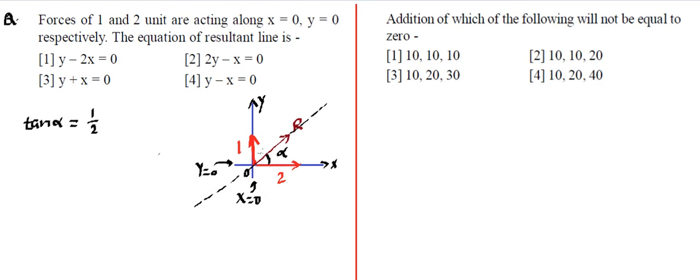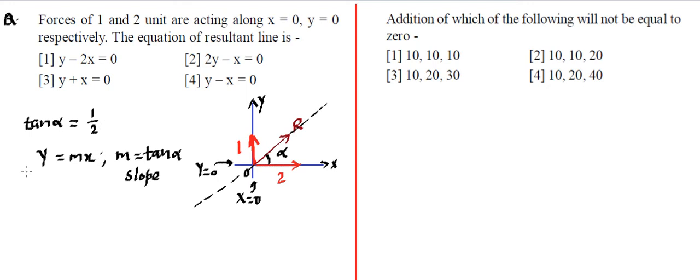Now equation of any line which passes through the origin and makes certain angle is written as y is equal to mx. So y equal to mx is the equation of straight line passing through origin and having slope m. M is known as slope, where this m is equal to tan alpha, where alpha is the angle from the x-axis, and this entire thing is known as a slope. So y equal to mx, m is equal to tan alpha we have already calculated.